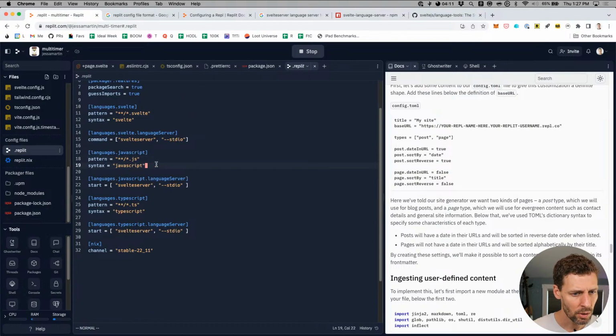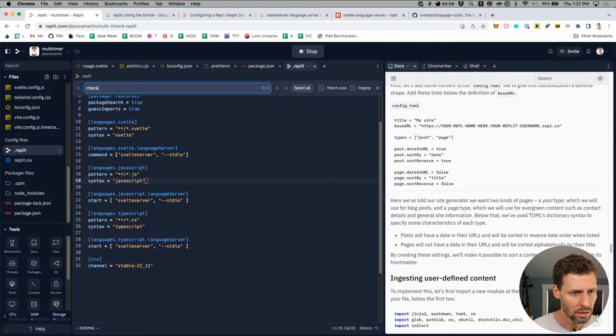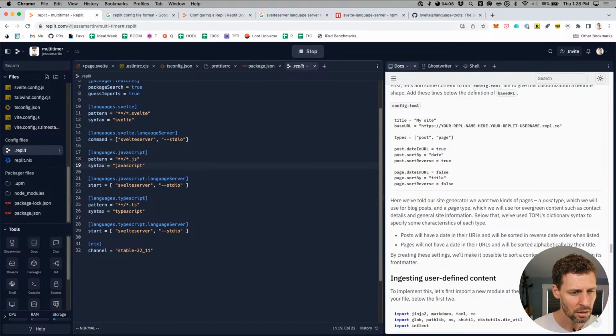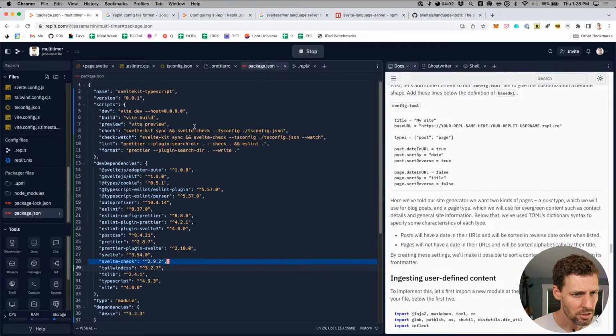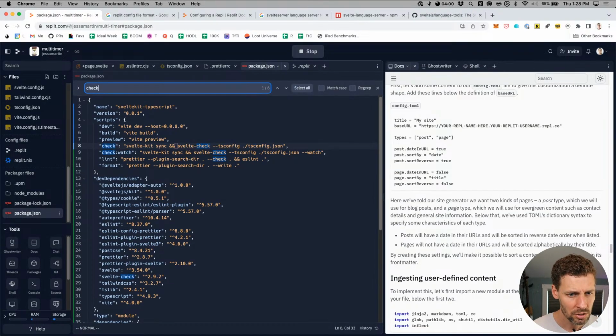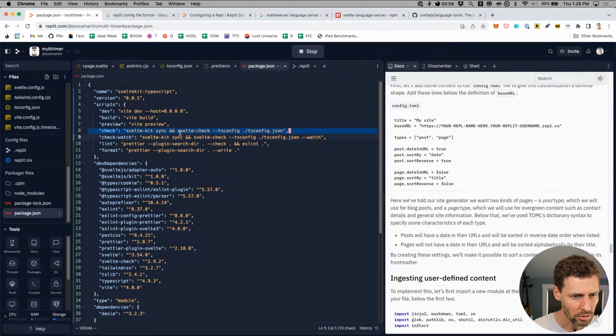Does that have to be run? Maybe in package JSON it's getting run? Check. Yep, there it is. So there's a SvelteKit npm run check, npm run check watch. Hey, is that running right now?